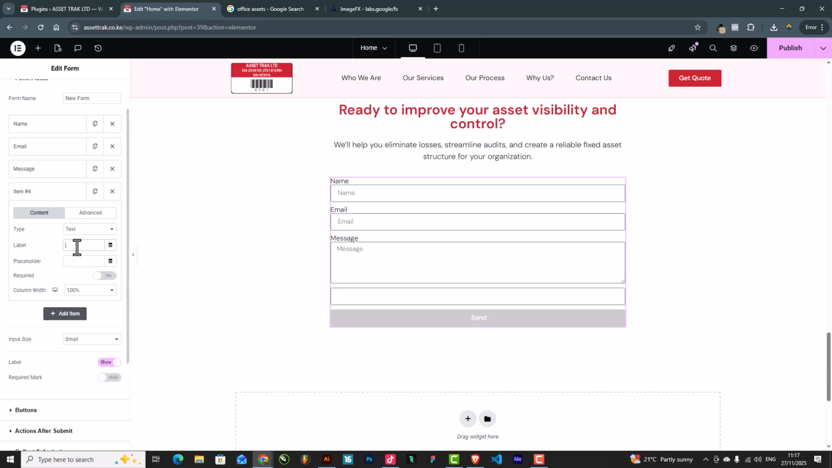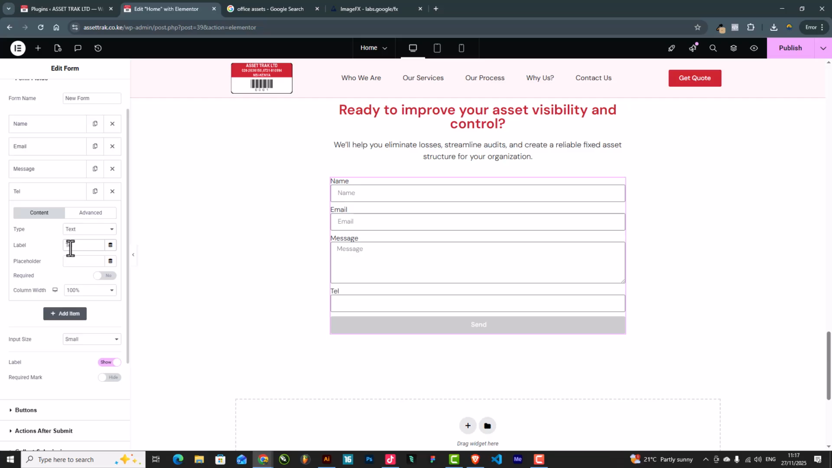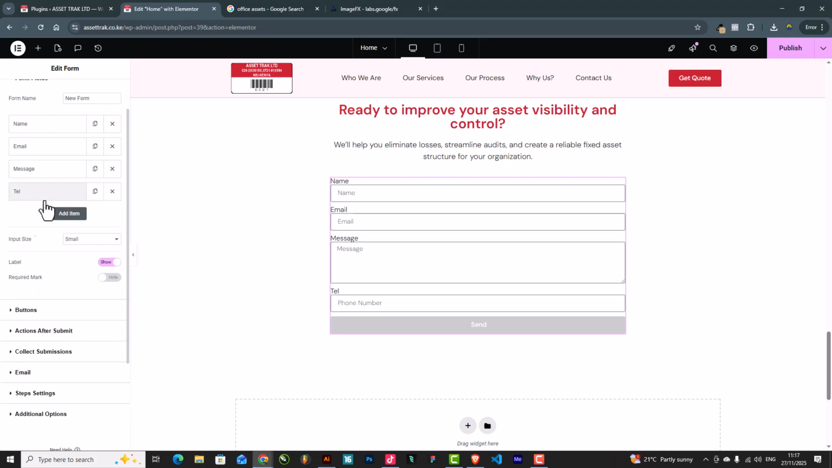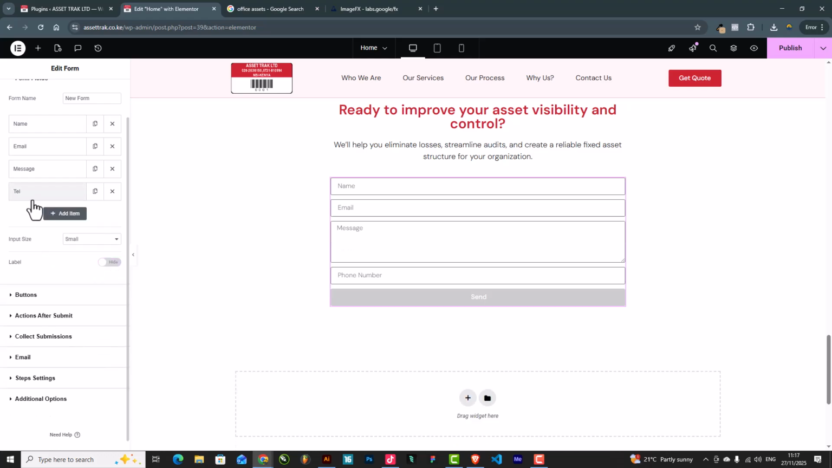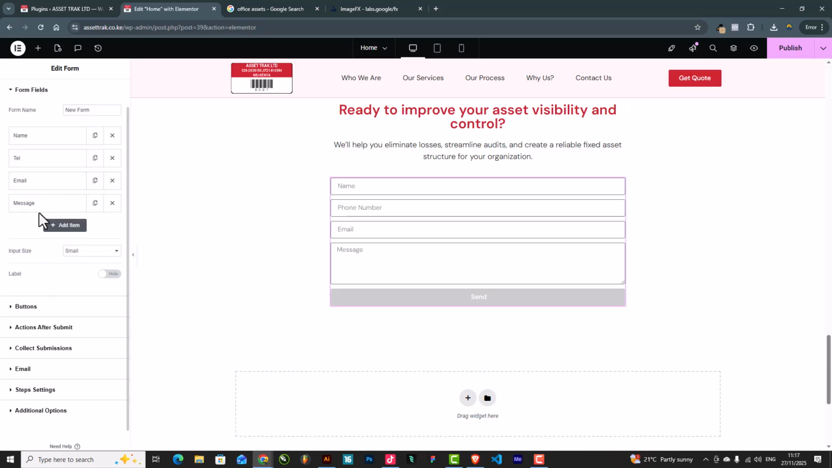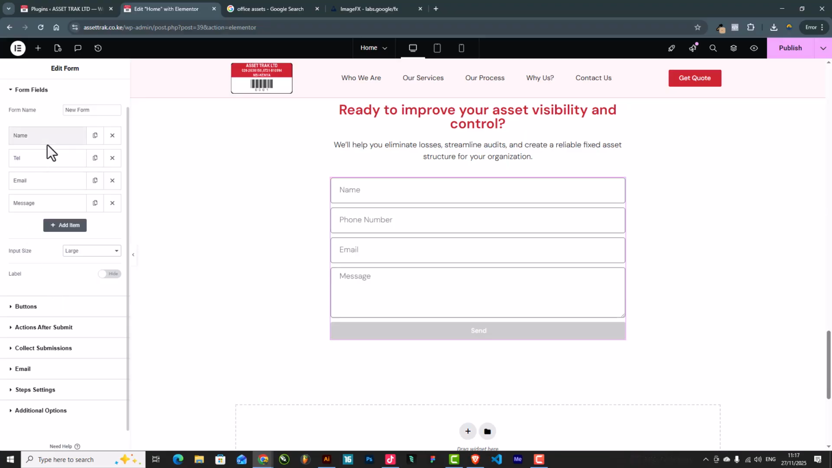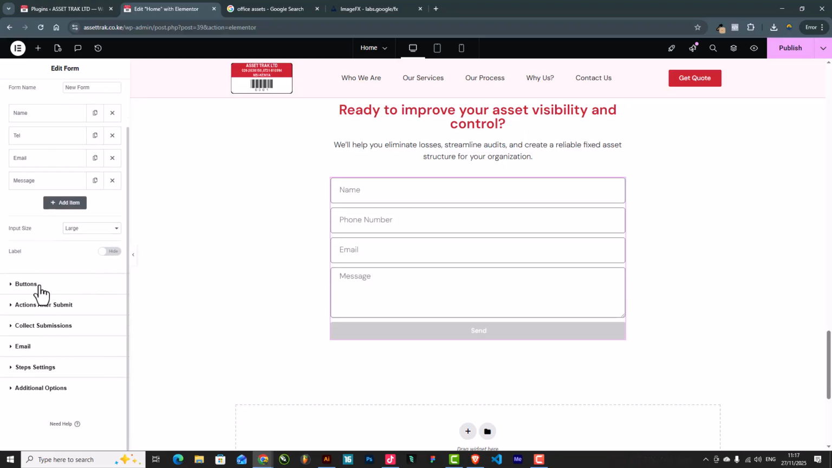For this one, the label will be tel for telephone. The placeholder will be tel, or let's make the placeholder as phone number. Then it's required, yes. Then show labels, I'll close that. I'll take this to come immediately after the name, so you can just drag them around. Then input size, make it large. Go to the button,